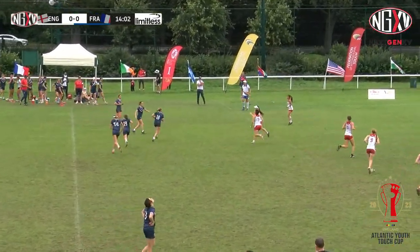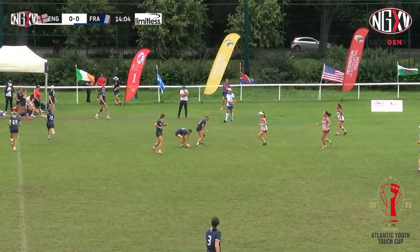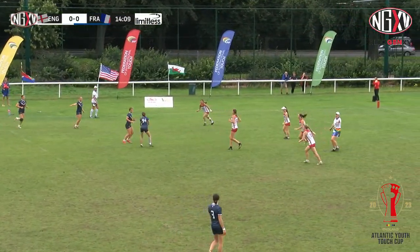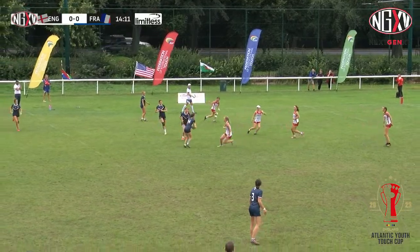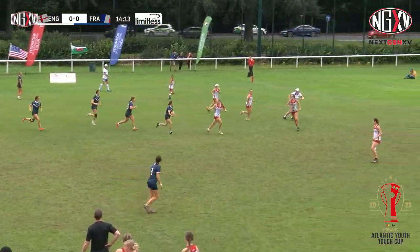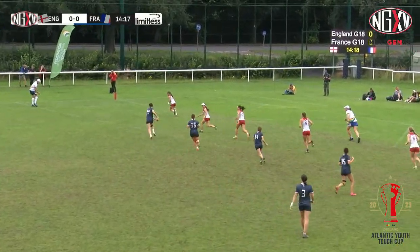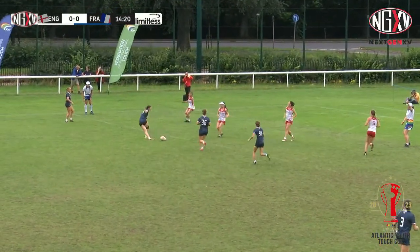6 minutes to go in this first half, and we are locked at 0-0. It's a battle of defence at the moment. You're right, it's really interesting. Looking at the stats from the tournament as well, this England girls 18 side have not conceded many tries. So it's great to hear that they back themselves to keep scoring, because at the moment...